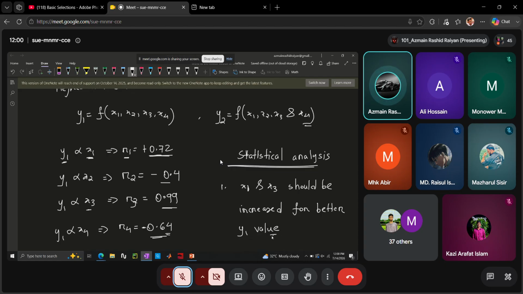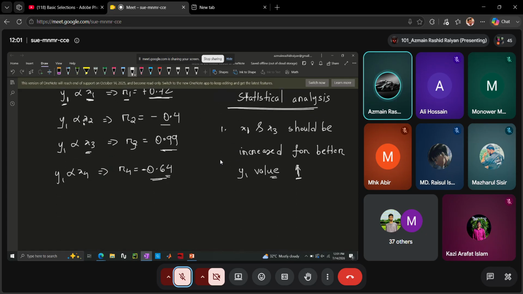So for any power plant, the thermal efficiency is definitely a desirable property, right? You want the thermal efficiency as high as you want. Here, as I am denoting thermal efficiency as Y1, I can see that the correlation of thermal efficiency with X1 and X3 is a positive one. So if I increase the X1 and X3 value, my thermal efficiency value will increase. That is why I can conclude that X1 and X3 should be increased for a better thermal efficiency value. Similarly,